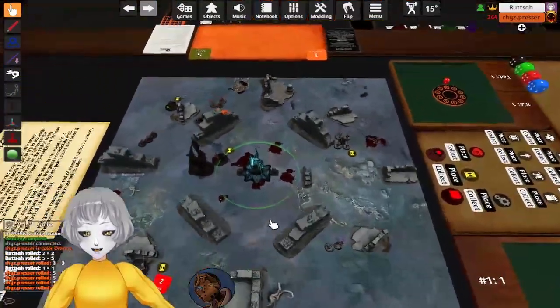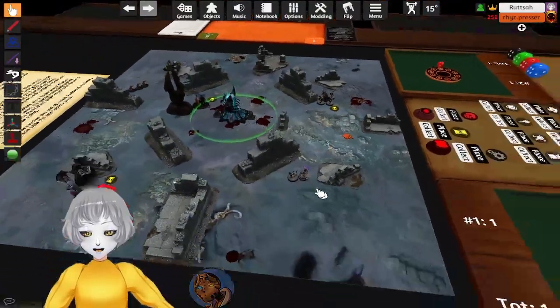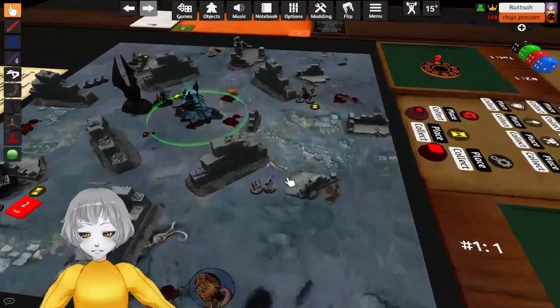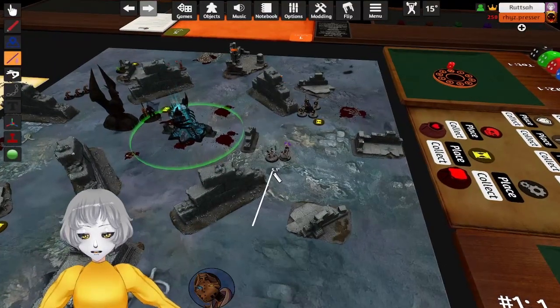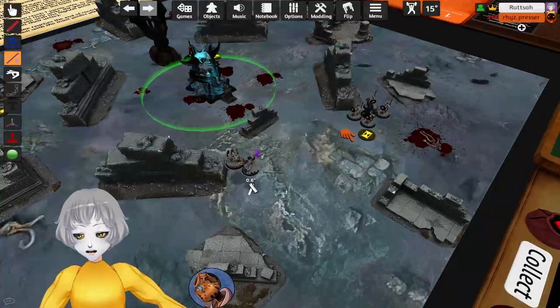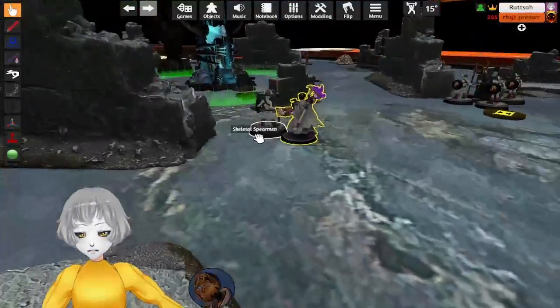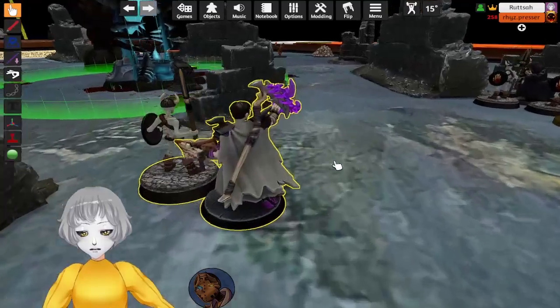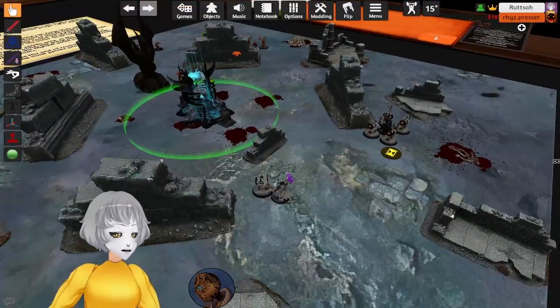Alrighty. So now me again. Okay. Yep. Well, last thing to activate is these guys, obviously. Yeah, have a 6. 2, 4 to here. And then 2 this way. Okay, for